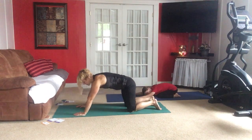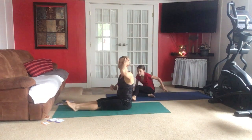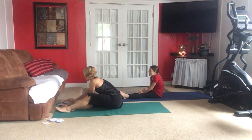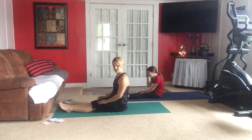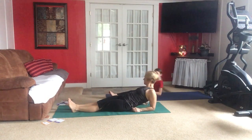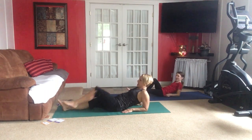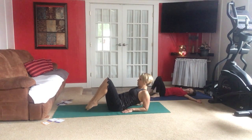Oh, good. All right, so we're ready to turn so that we're seated and in staff position. And from here, we're going to do windshield wipers. There's different ways to do this one. I like it leaning back on my elbows. I'll make you scooch back that way so that you can see a little bit. Okay, so I'm leaning on my elbows, and this way I'm going to bend my knees and keep my knees together. Point my toes,